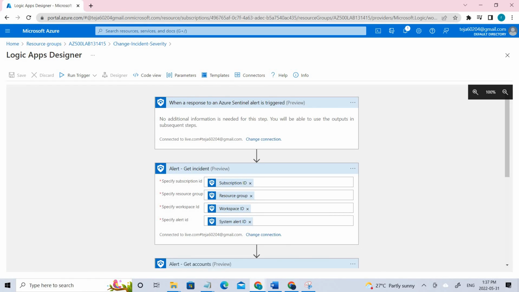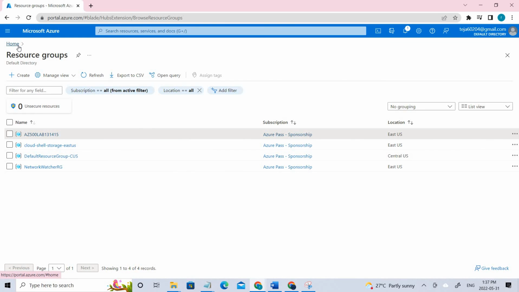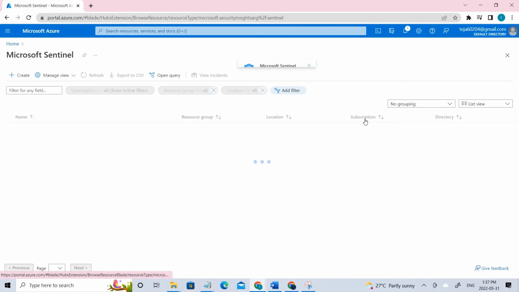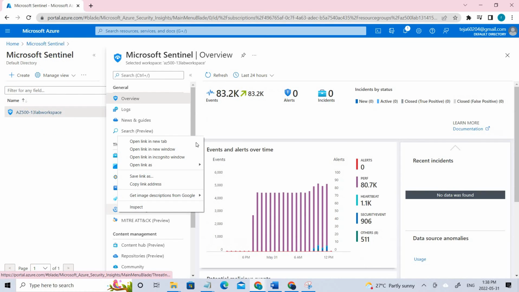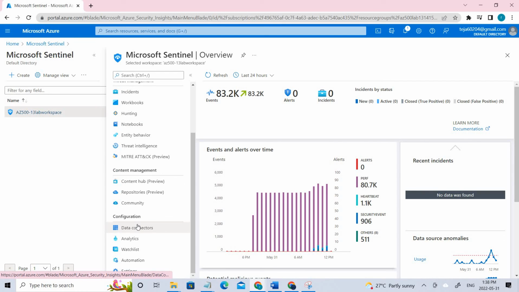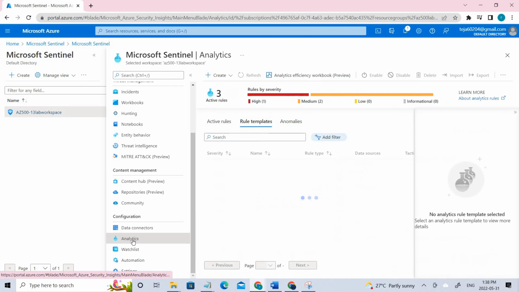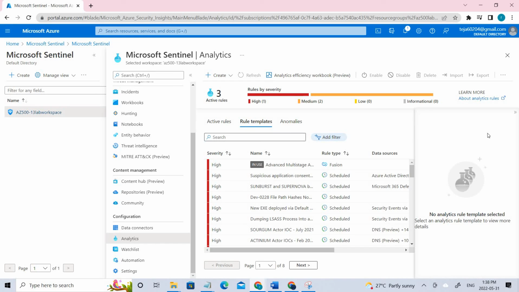So once this is done, the next task is to create a custom rule and configure a playbook as an automated response. For that, we have to go back to Sentinel again. If I go back, I can see Sentinel, and here under configurations, click analytics, and here we have to create a rule, a scheduled query. If I click create, you can see there is a scheduled query. Click that,